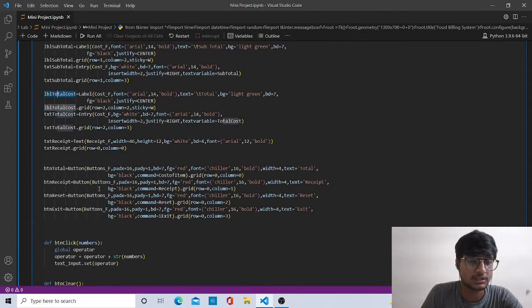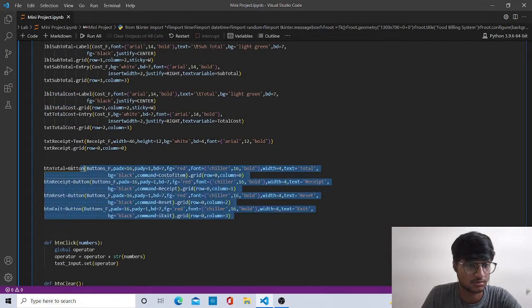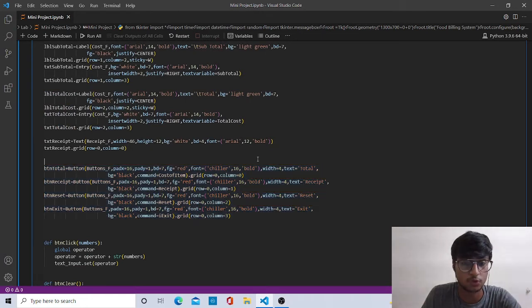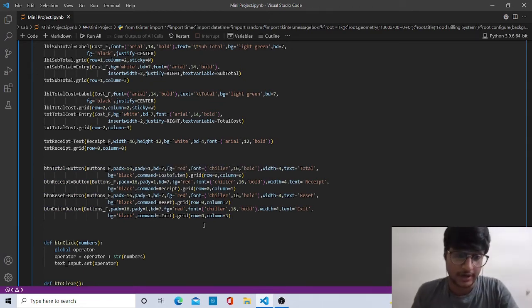Now talking about the buttons, which are placed at the bottom right, this piece of code has button widgets with a padding of x-axis and y-axis as 1, border width of 7, fg equal to red, foreground color which has the red color.